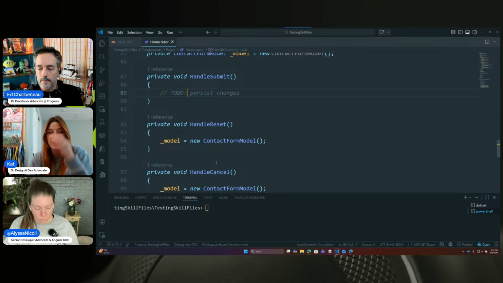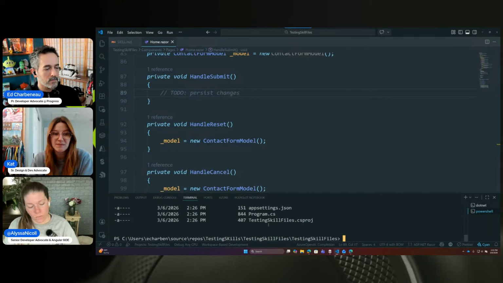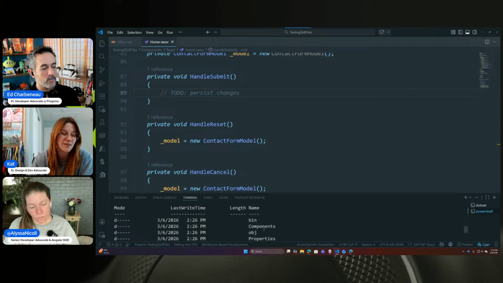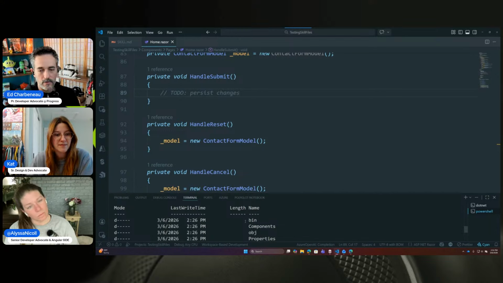So talking about the CSS made me think about it. You could write skills to talk about kind of naming conventions or the way you organize a CSS file, or the way you organize your architecture in general, right? And that would help it make more intelligent decisions. Yeah, I would imagine you could do something like, if you're just wanting to be granular about a CSS thing, you could say, all right, whenever you create,